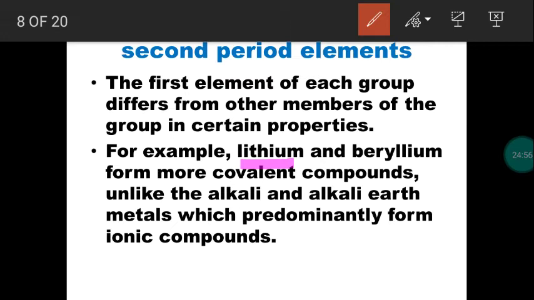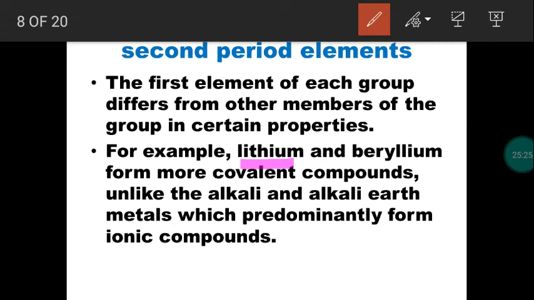So the tendency of an element is to achieve the electronic configuration of noble gases, so first group elements have the tendency of losing one electron to become a cation, so that they form ionic bonds. So Li+, Na+, K+, Rb+, like that, each element will lose an electron. If it becomes a cation, it combines with an anion to make an ionic bond, so they are called ionic compounds. This is a general tendency. Alkali metals and alkaline earth metals are electropositive in nature.